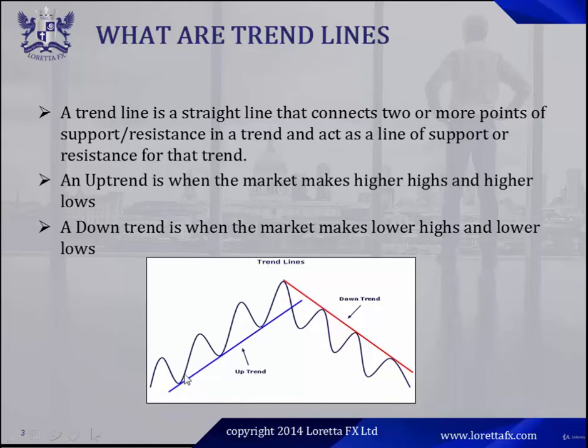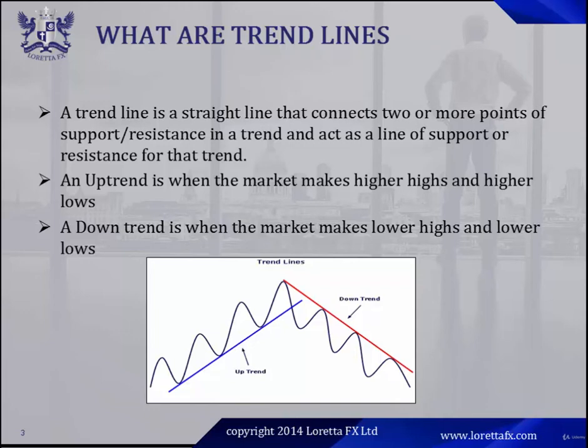Okay, these are support, these are resistance. Okay, support, resistance. These highs, resistance, support, support. Okay, so a trend line is a straight line that connects two or more points of support or